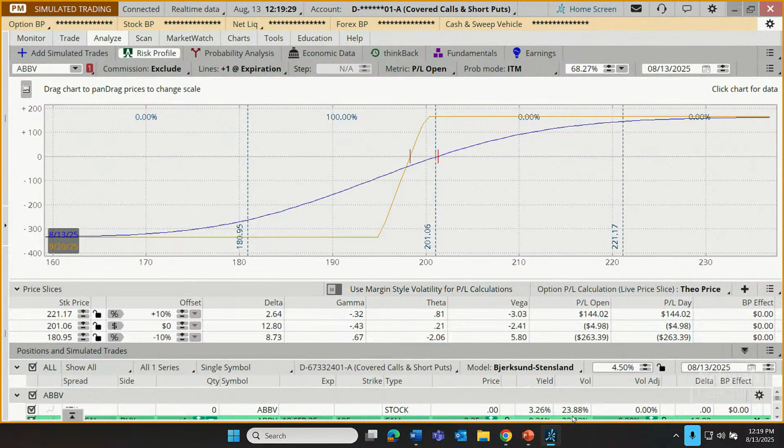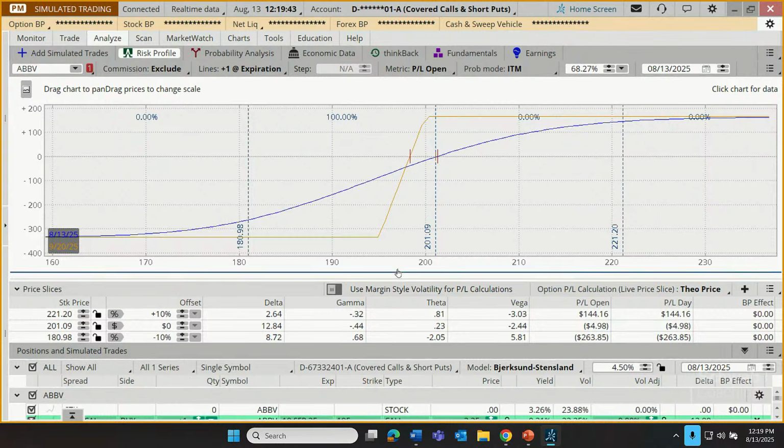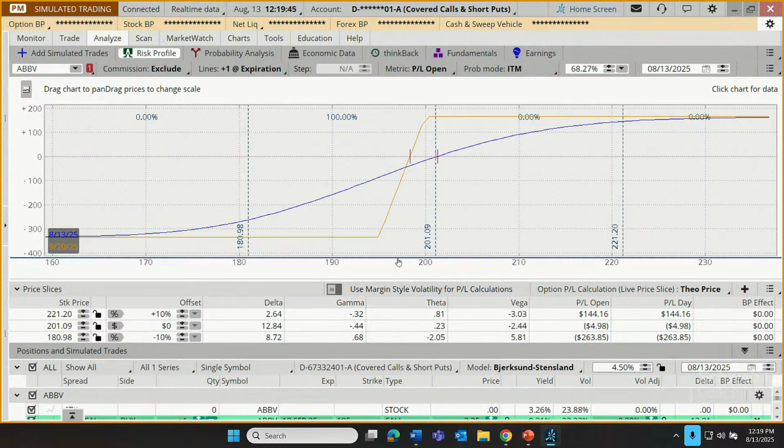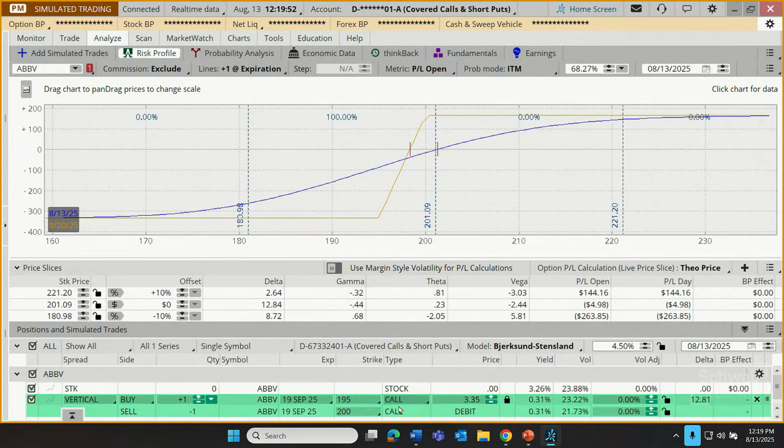But here's another thing. You'll notice that our trade's kind of disappearing. I've opened up another window. It's kind of squeezing things off the bottom. Right here at the margin between our chart and our price slices, if I hover over that, you'll notice I get a double-headed arrow. I can click on that and drag that up. It's just going to squeeze the chart upward, and it's going to create more space down below. So you can see it's allowing now for the order to fit on the screen.